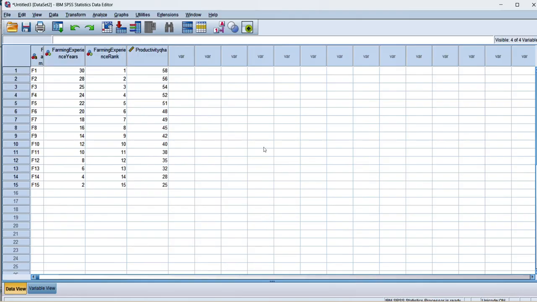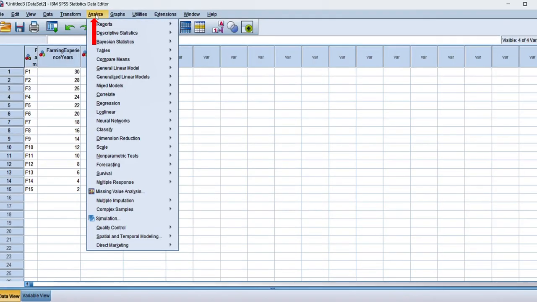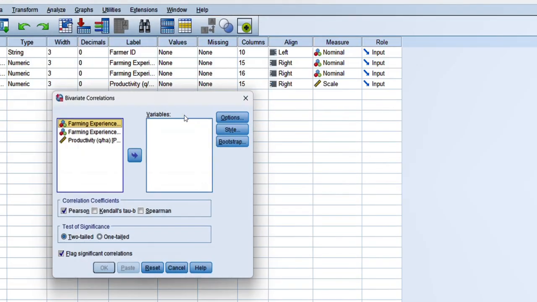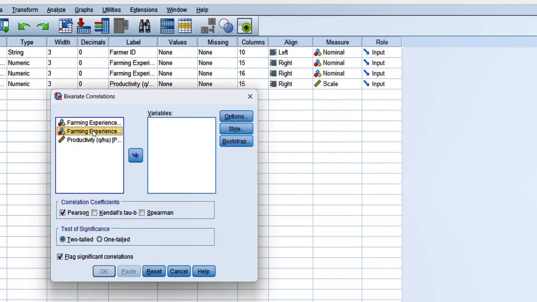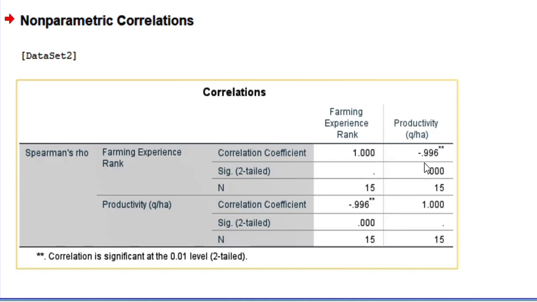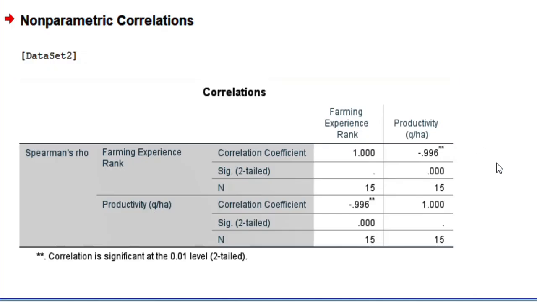To perform this, we will again go to the Analyze, select Correlate and click on Bivariate. Your farming experience would be your variable along with productivity. Select the Spearman correlation and click on OK. The result indicates that there is a negative correlation between farming experience rank and productivity in quintal per hectare for